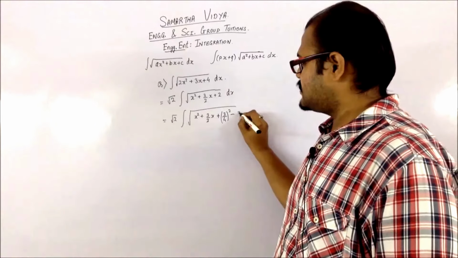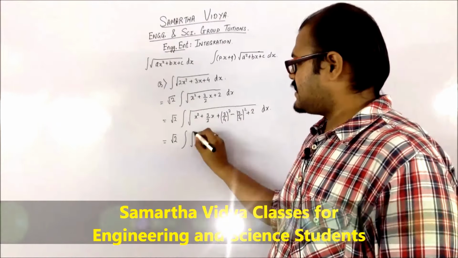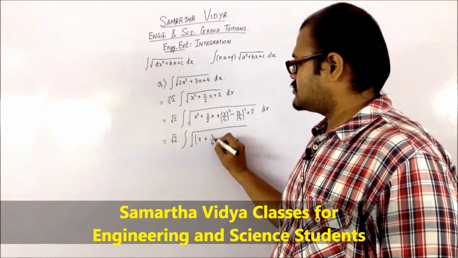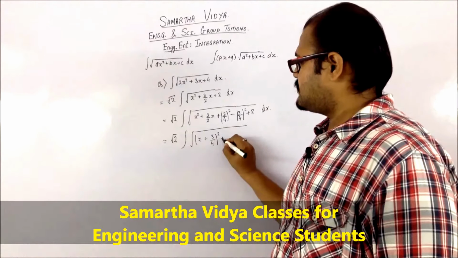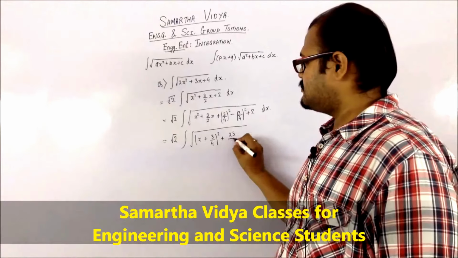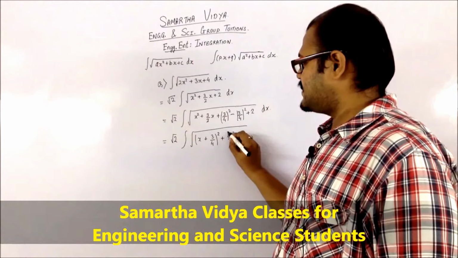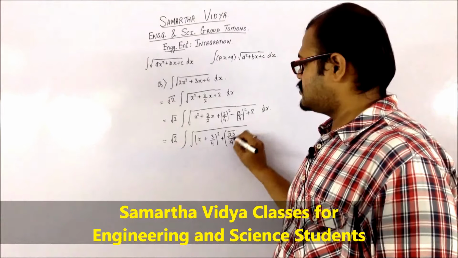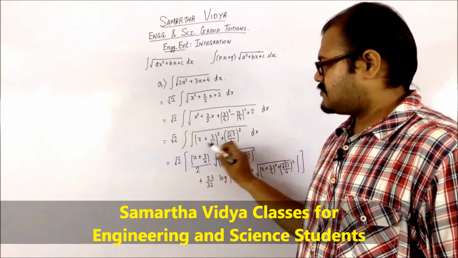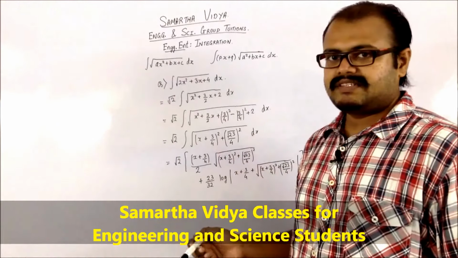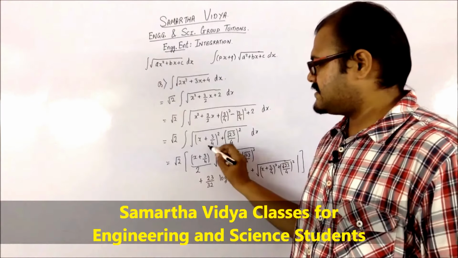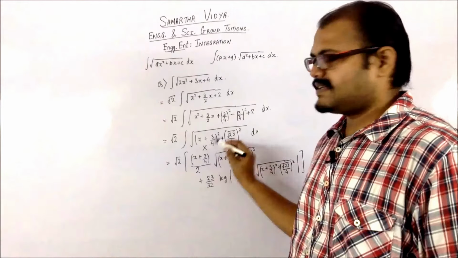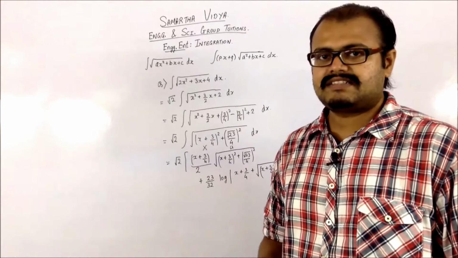To nullify the effect, you will be able to write this as x plus 3 by 4 the whole square, plus 23 by 16. So you will be writing it as root 23 by 4 the whole square. You can see that this is of the form of root of x square plus a square. After solving, this term is your x term, and this is nothing but your a term. So it's basically x square plus a square, which is under root.